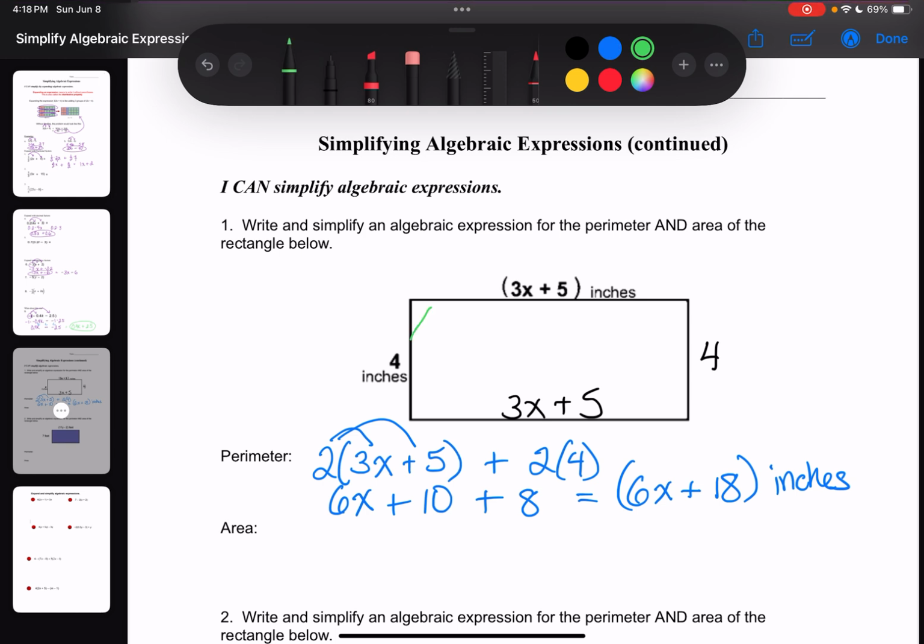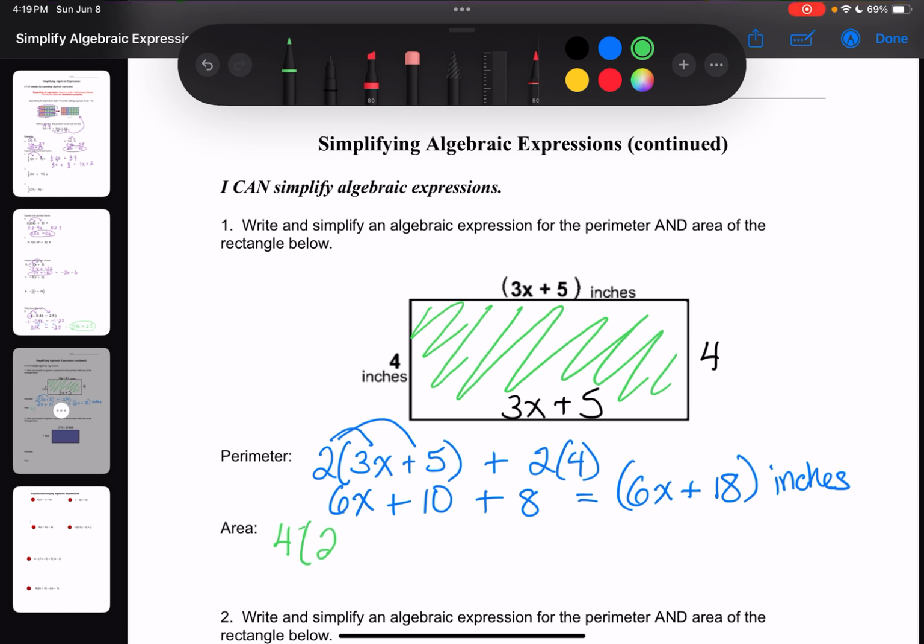When we're finding the area or the space inside the rectangle, we're going to multiply the base, 4, times the height, 3x plus 5. Using that distributive property. 4 times 3x is going to give us 12x, and 4 times 5 is going to give us 20. Now the units for area, remember, is always units squared. So in this case, it's going to be inches squared. And we're going to continue to put it in parentheses so that the inches squared applies to the 12x and the 20. Go ahead and try the next perimeter and area